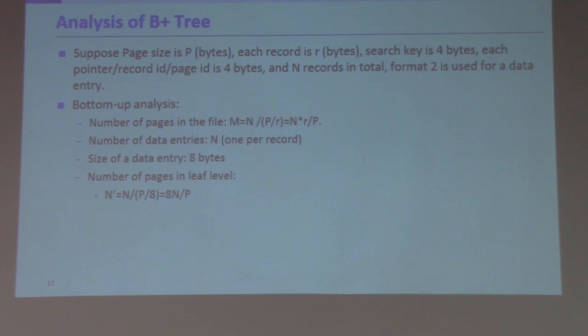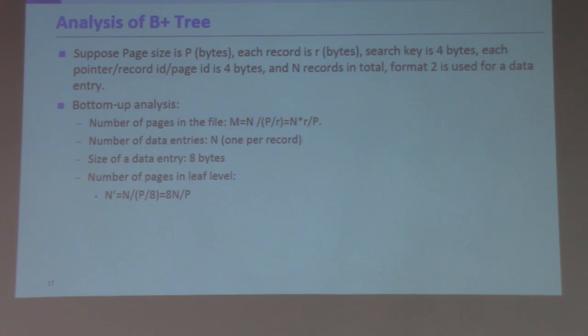For example, the data entry size is 8 bytes. The search key value is 4 bytes. The record ID, I view that as a pointer of another 4 bytes, so the total size is 8 bytes. Otherwise, this analysis is exactly the same as what I have done on the blackboard right here. So if you continue this analysis,